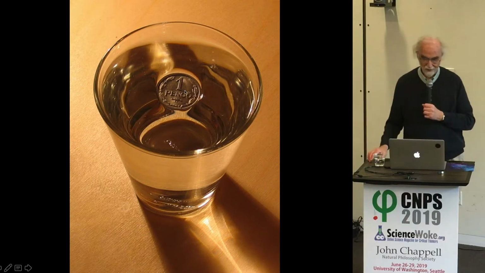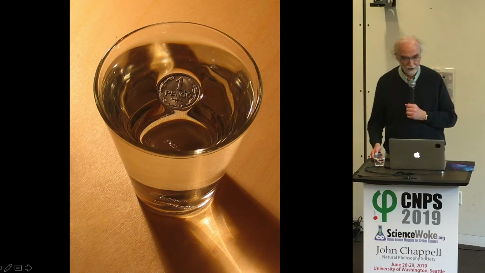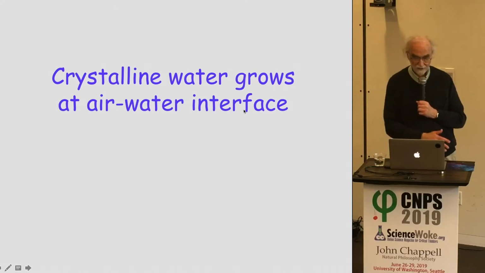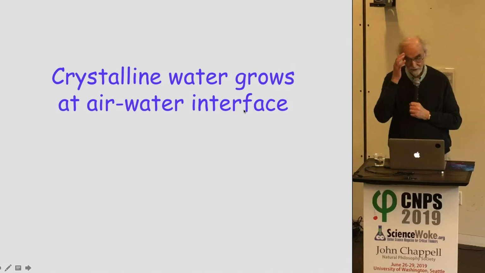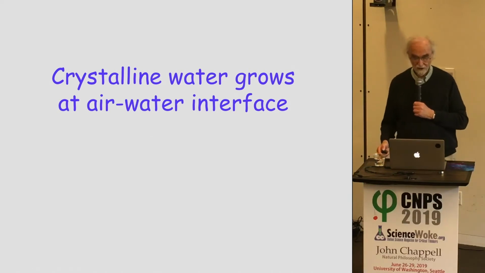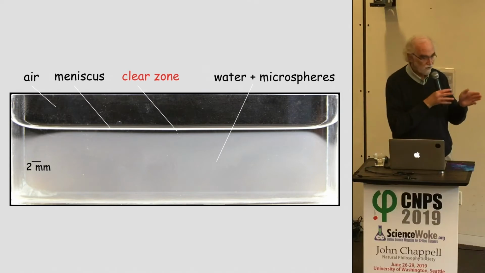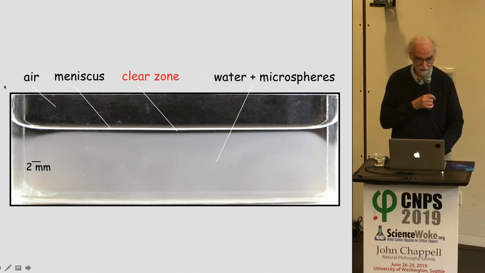We thought maybe not, and we did experiments to show that the liquid crystalline or EZ water grows at the air-water interface. It's not just next to hydrophilic materials. And the experiment to demonstrate it is shown here. We take a chamber, and the chamber is made of two pieces of glass, put near one another to make a chamber and sealed around the edges. So we have a chamber.